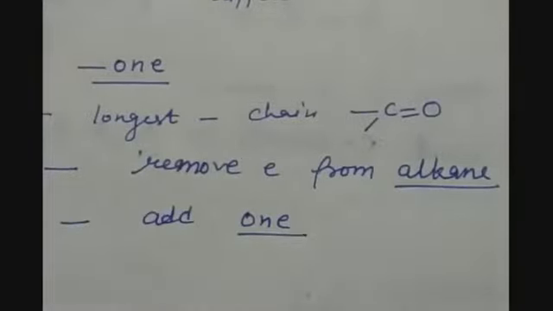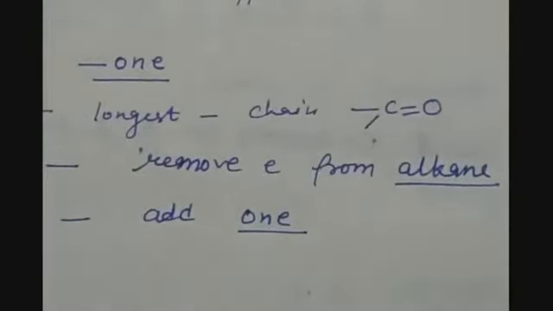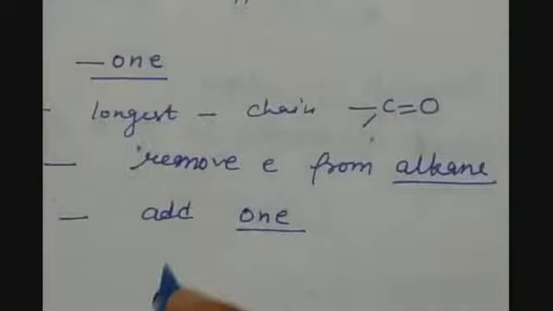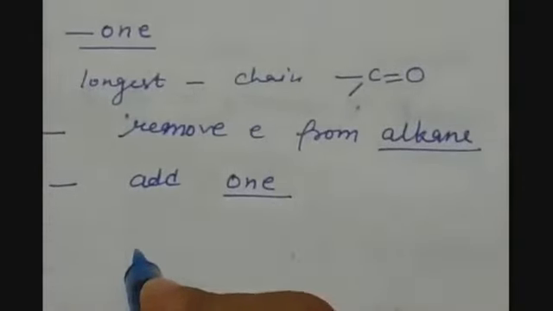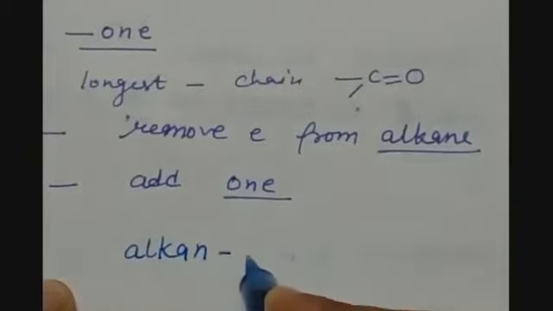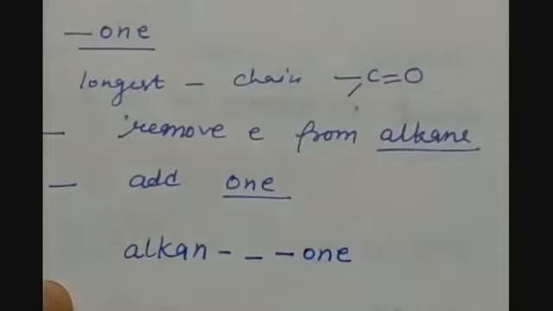Because when it is there in between the carbon chain, we should not assume whether it is on the first position or second, or some other terminal position. It will always be somewhere in between. So there is a need to mention the position. And how are we going to mention the position? We have to write the name in such a way that: alkane, remove E, then mention the position here, and at the end we write the secondary suffix used for ketones. So this way we are going to name it.